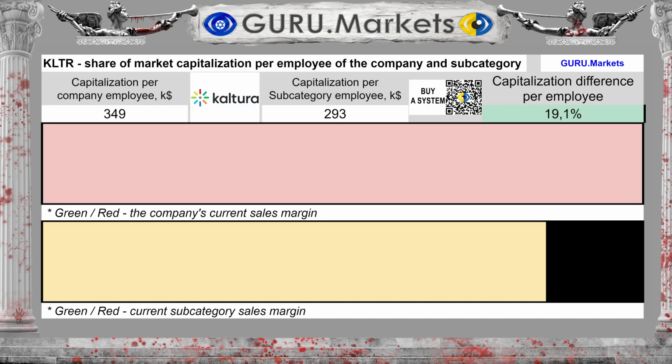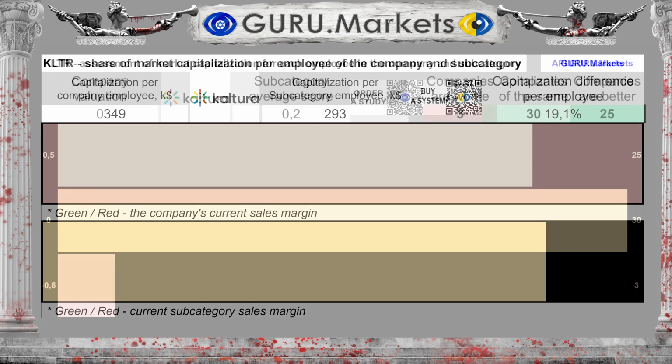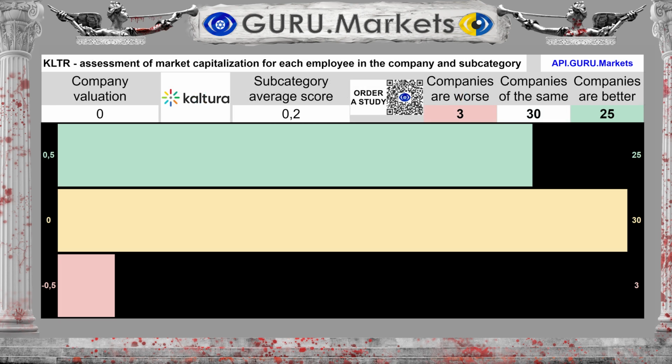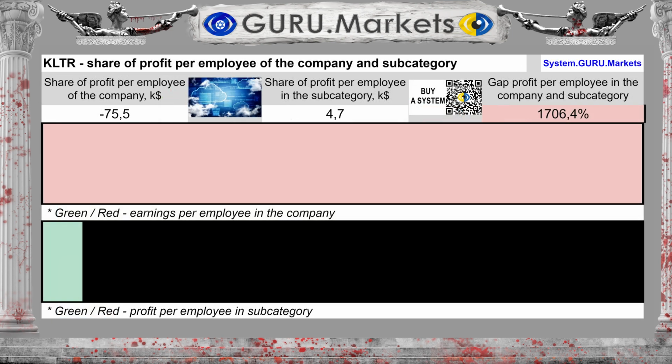The amount of capital per company employee is $349,000, and for the subcategory, it's $293,000. The difference between the subcategory average and the company's performance is 19.1%. Estimation of the amount of company capital per employee in comparison with indicators in the subcategory: tolerable, 0 points. The amount of profit per employee is minus $75,500, with the average for the subcategory,